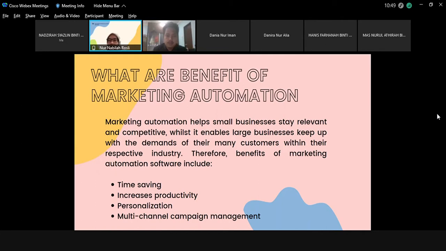Jadi benda ni sangat penting untuk kita implement this technology, because kalau kita tak implement this technology, kita akan ke belakang. Kita tak dapat stay relevant and competitive dekat dalam market. Macam mana kita nak compete dengan other competitors kalau kita tak ada competitive advantages, nilai tambahan dalam bisnes kita. Jadi secara keseluruhannya marketing automation ni nampak impact dia lagi banyak dekat large businesses,